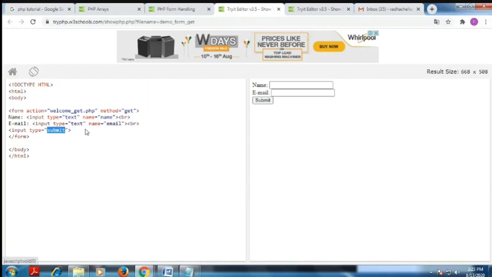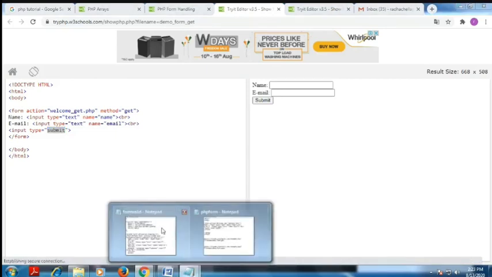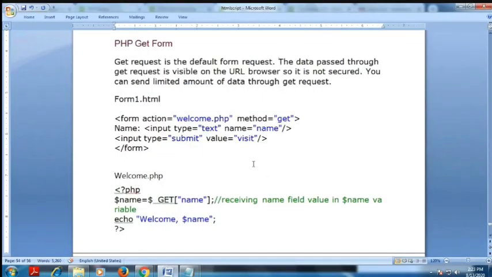Then I have to write one more form. What is this form? It is stored in show.php. See this example, this is stored in the file named form1.html. It is one of the files. You have to store the design file separately and the script file separately. This is new. If you use a form design, you store the design file separately and the script file separately. This is the format. So I design one file, form1.html.